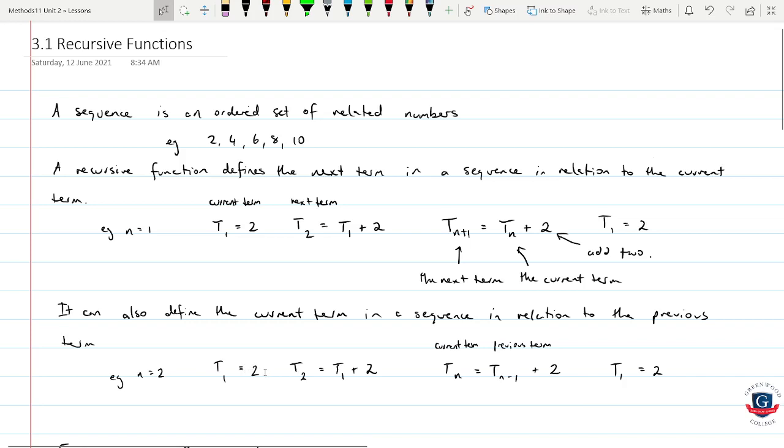Now we can also define it in terms of the current term and the previous term. So again, we've defined the first term as 2, and this time, this one is going to be the current term. Let's write it on top here. If the current term is 2 and we're defining it in terms of the one before it, this one now becomes the previous term. So this time, instead of saying the next term is equal to the current term, we're going to say the current term is equal to the previous term plus 2. And we define that as the current term, Tn, is equal to the previous term, Tn minus 1, plus 2,